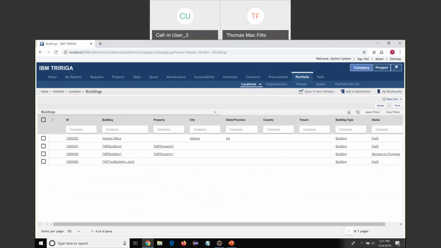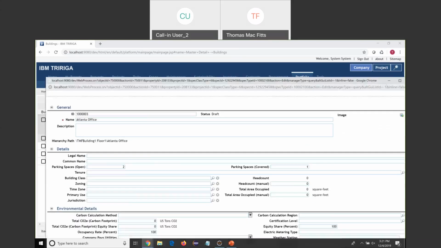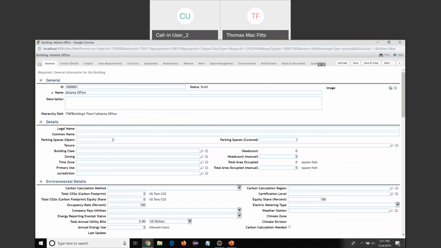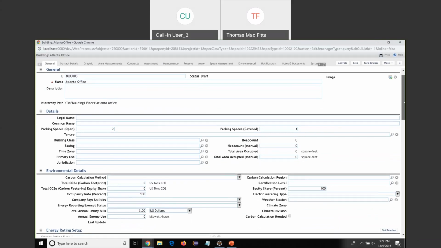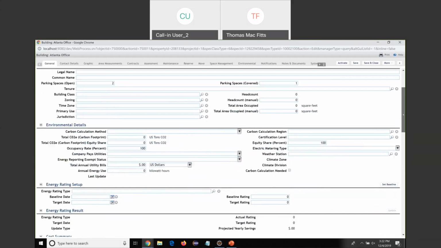So let's go ahead and drill into a building. Now, note this is my demo test and development environment, so a lot of this data is stuff I've created for testing and development purposes as well as demo purposes. So it's not real shipping data, but it will still give you the general idea of the look and feel of the new report renderer. So we're on a building record, let's scroll down to the restrictions